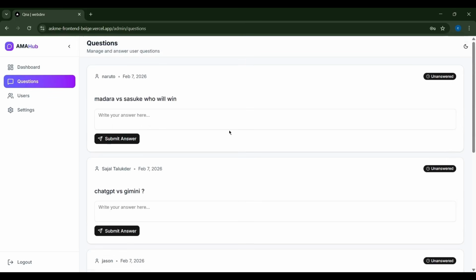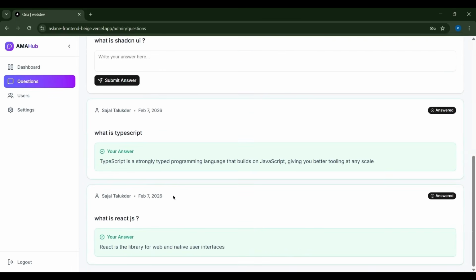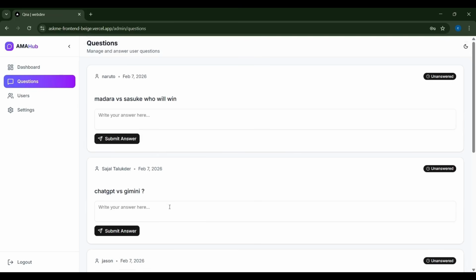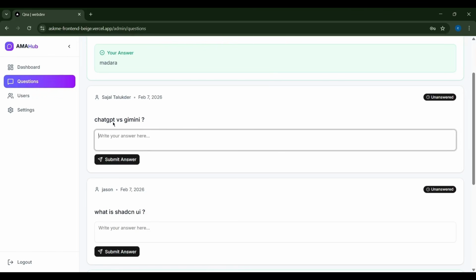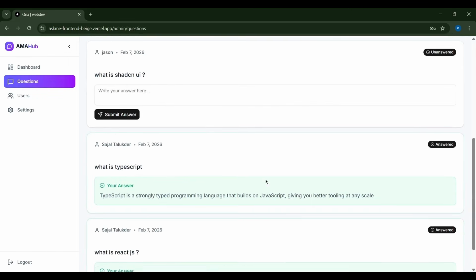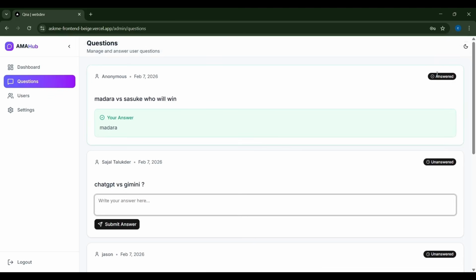Here you will have all the questions that the users asked, and you can answer these questions. So let's answer this question. For me, I will say Madara, and I'm going to click here to submit the answer, and you can see "answer submitted", and here you can see your answer. If you want, you can also answer this one too,